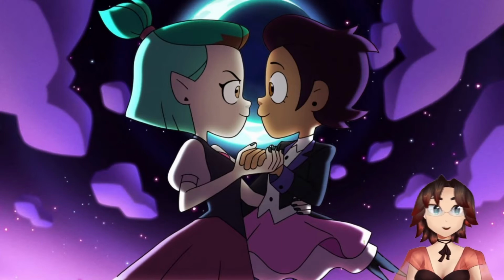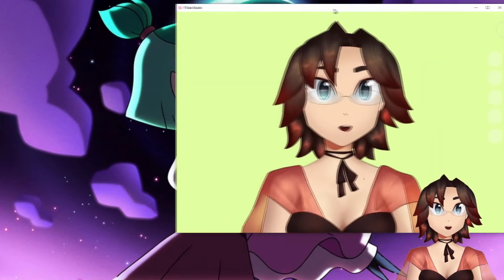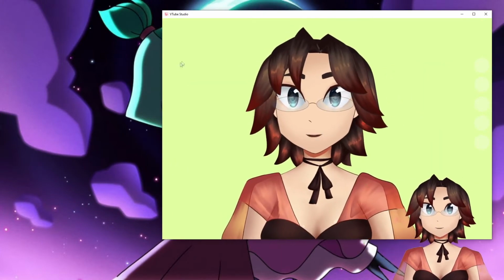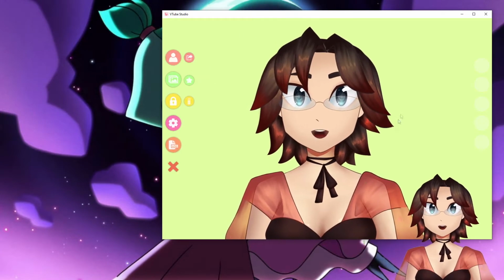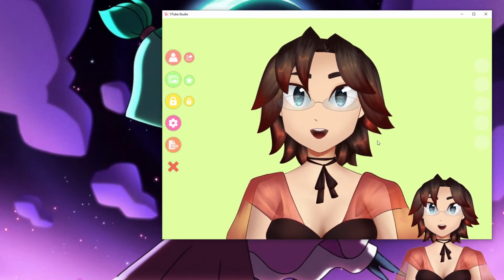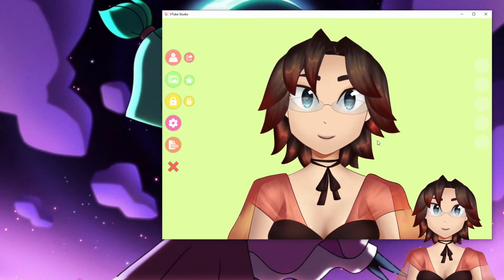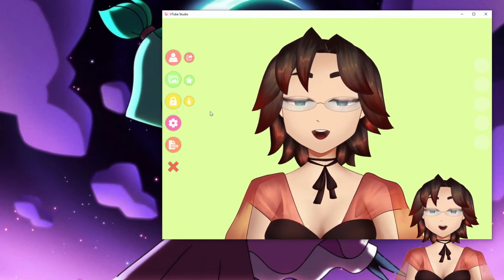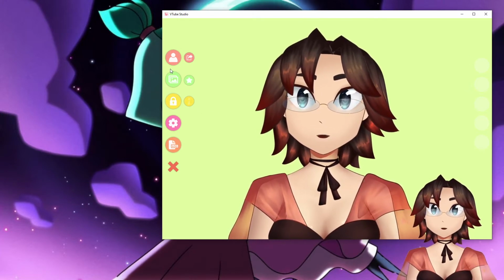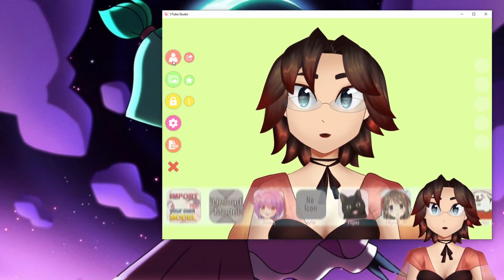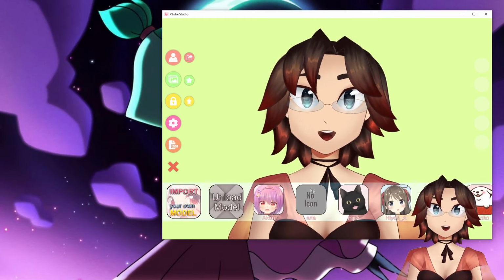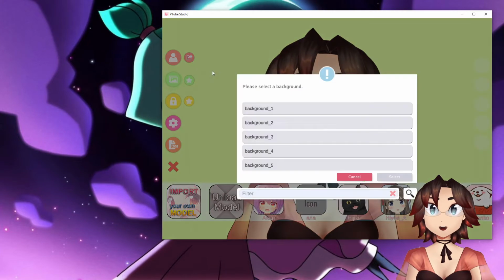First things first, I want to bring my Vtube Studio over onto the screen. As you can see, I have just kind of a yellowish green background, but I didn't specifically set this color. It can be any color you want. The way that you get this set up, first, you obviously select your model here. I have mine set to Arya because I'm Arya. And then you go to